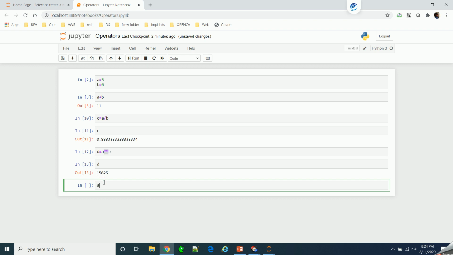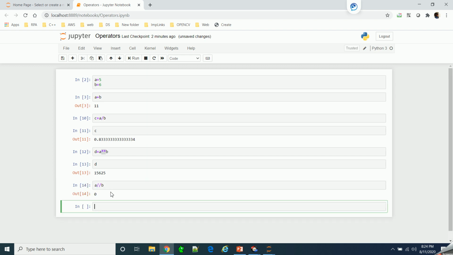Now if we simply say a, double division symbol, and b, then it will give you 0. This is because if you just divide, it will give you 0.833, but floor division means it will round the value.